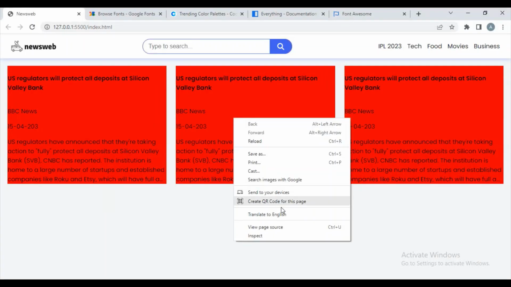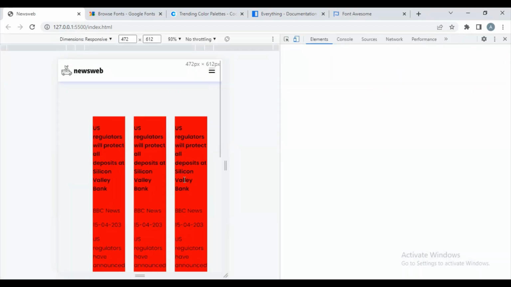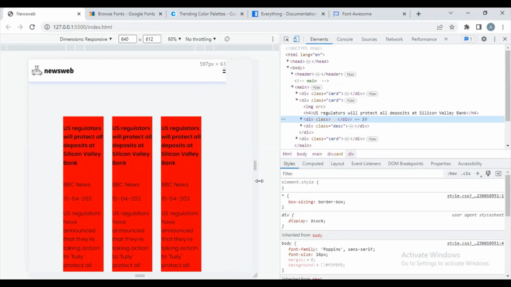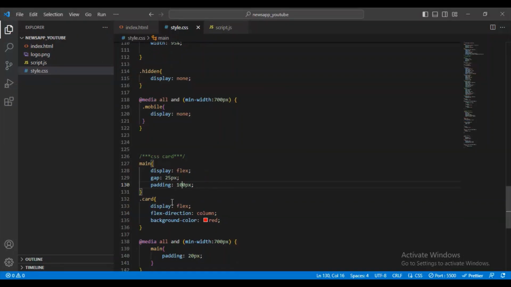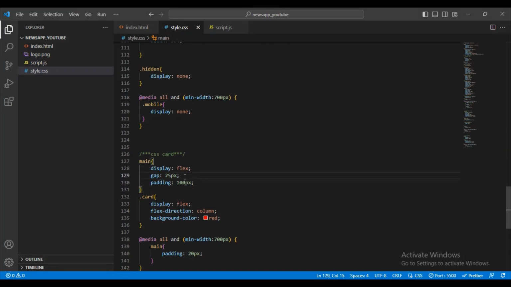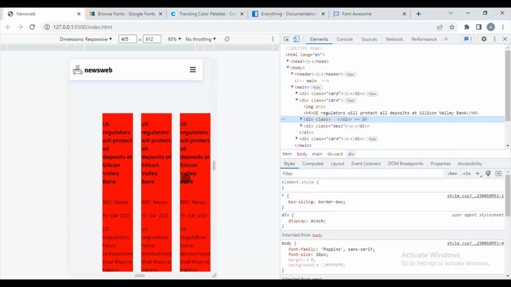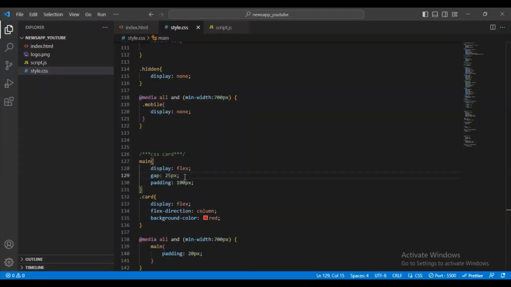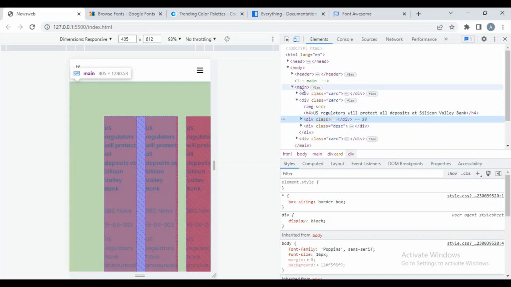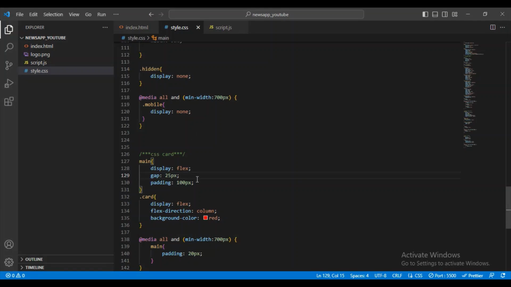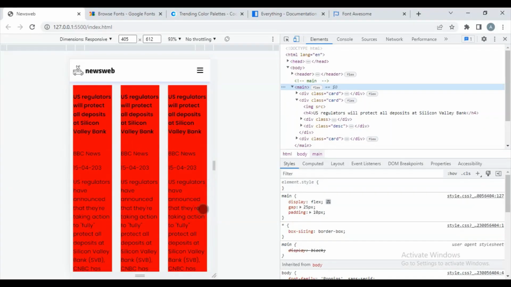And let me just go on the mobile version. First of all, check this. See it, the mobile version, it will look like this. Why is this happening? Let me remove this gap here. Why is a little bit of space coming in the main tag? Okay, here I had added the padding 100 pixel. Let me just give it 10 pixel. Yeah, and